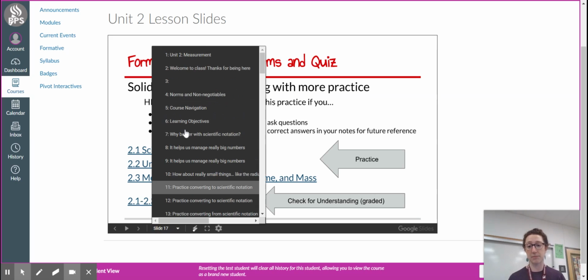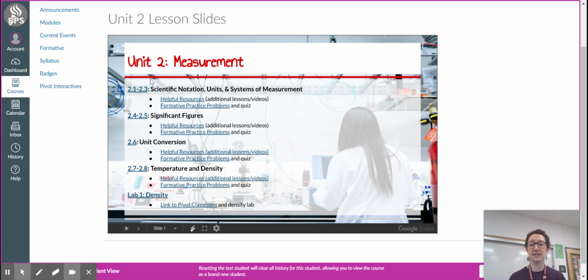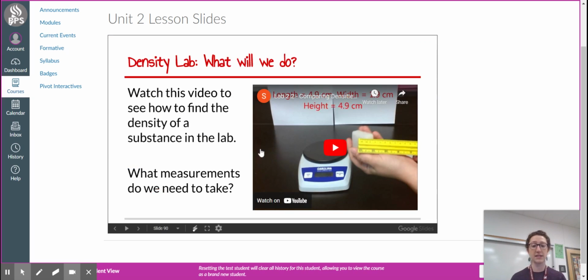So to recap, in this lesson slide, you can access any of the different lessons we had. If you were gone on Friday for our density lab, you will need to be completing the density lab as well. You can access that right here, and this is the video to show you what to do. And on the next slide,